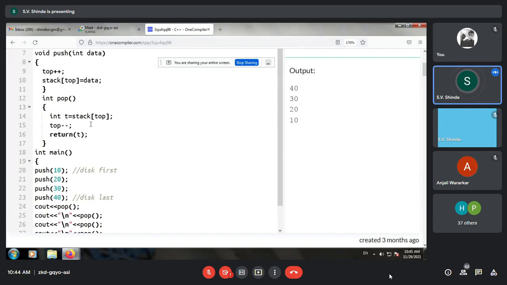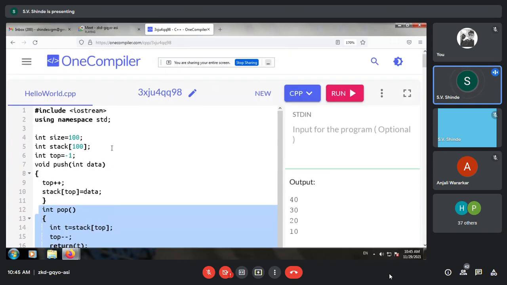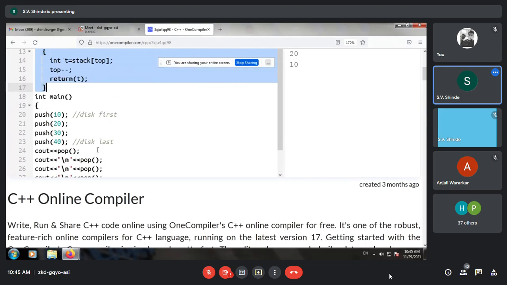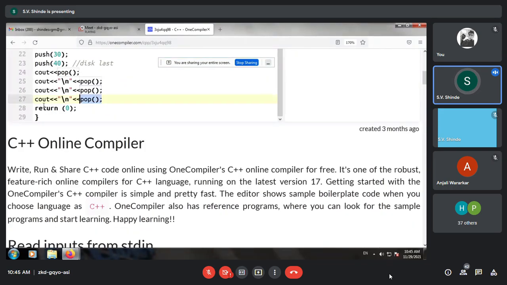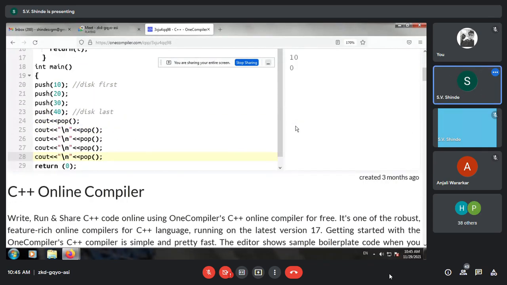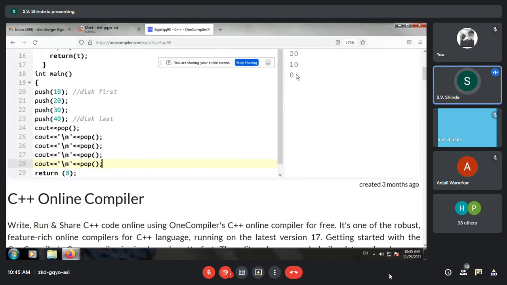Yes, participants, are you able to view the code and analyze it? So we have implemented only two functions, push and pop. Now assume that your stack is empty and by default you don't know the size of how much to pop. I use another pop statement. So what will happen is it is giving me a null value, that is, garbage.